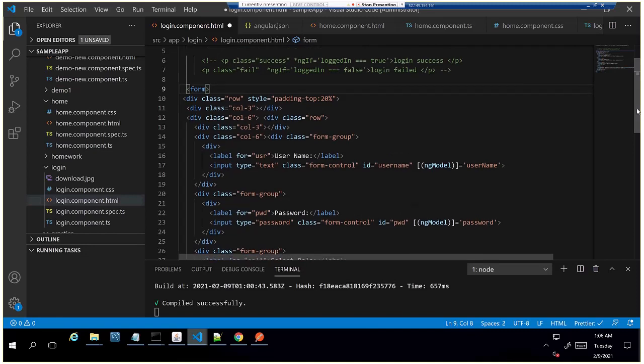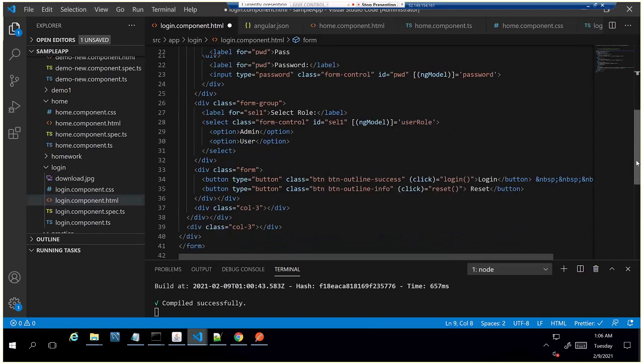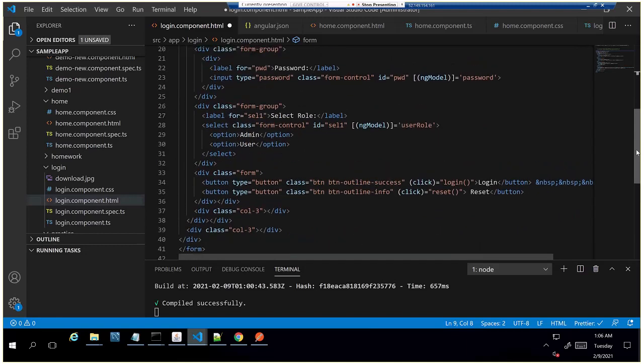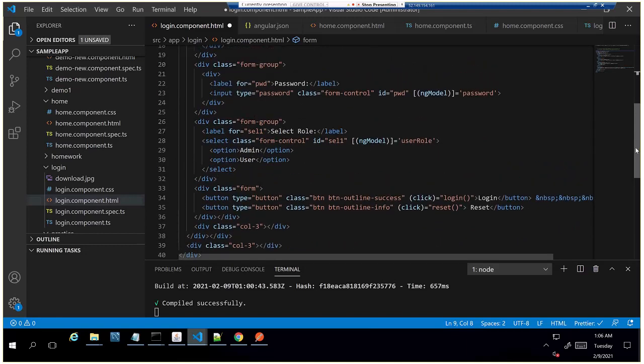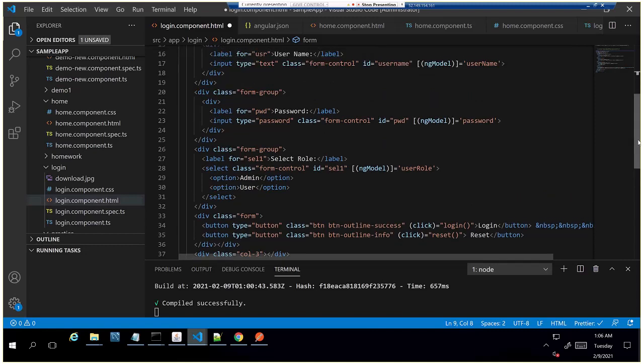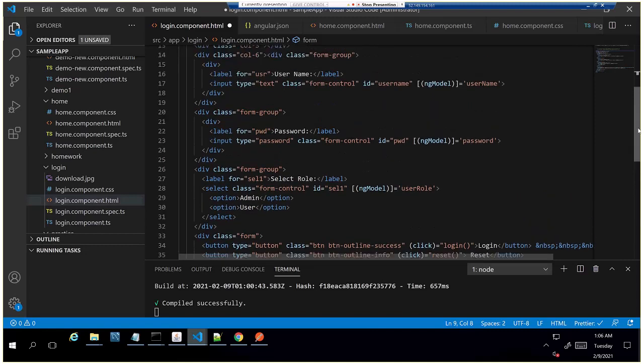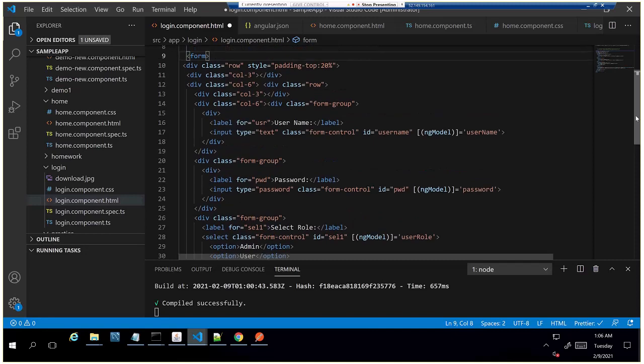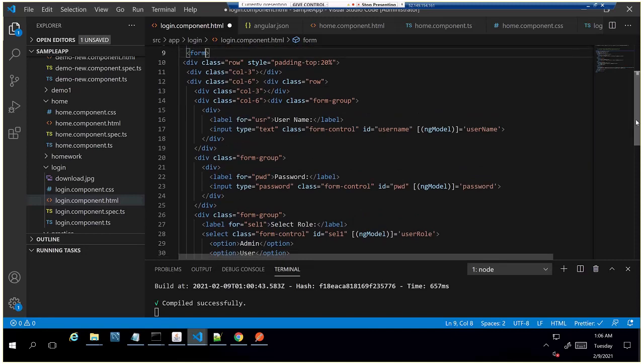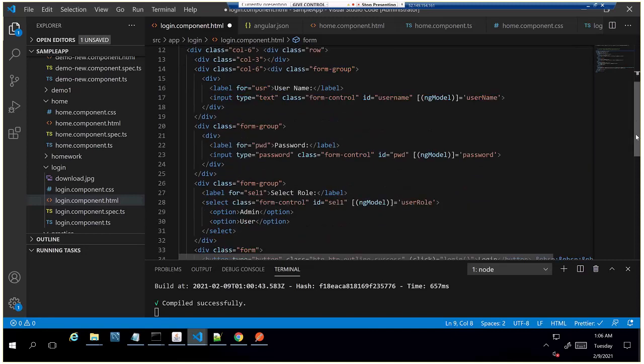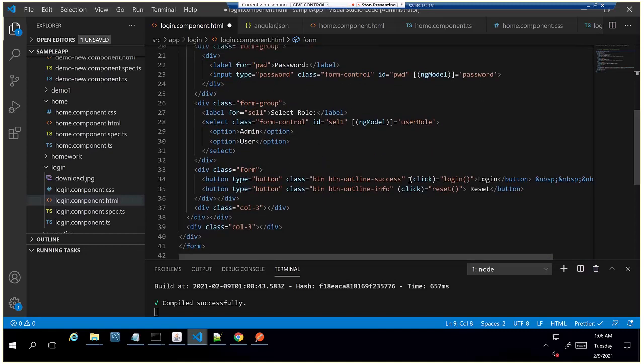Go ahead. And whenever we use any form, it has an automatic submit feature, and once the data is entered, we can submit without making any external click. Currently, on click of this login button, we are explicitly making this call to the login method.